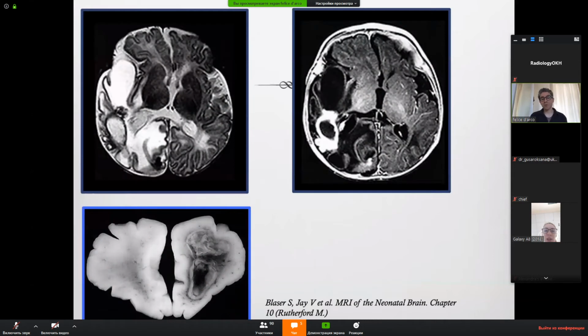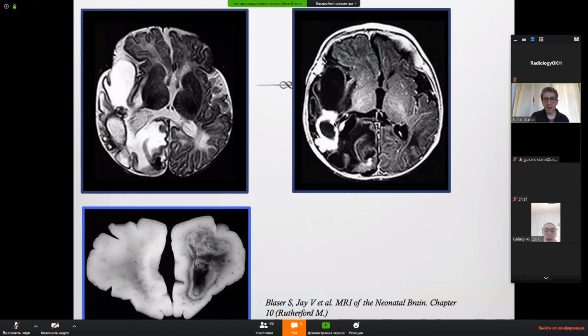And this is from Susan Blaser. This is a book on neonatal MRI. It's quite old, but still valid, and is online, from Mary Rutherford. So if you search Mary Rutherford neonatal MRI, you can download all the books for free online. And you can see how these